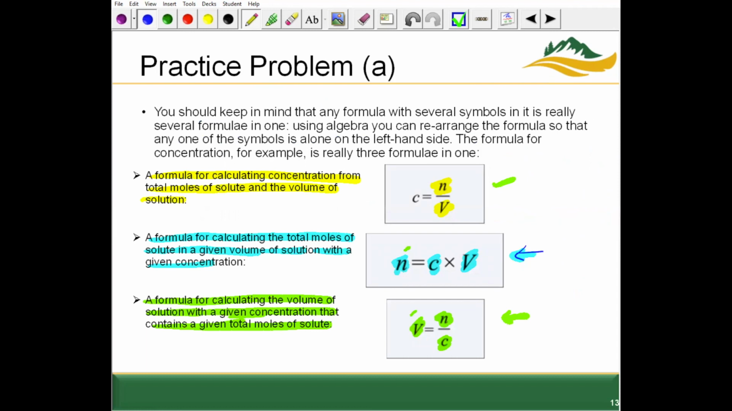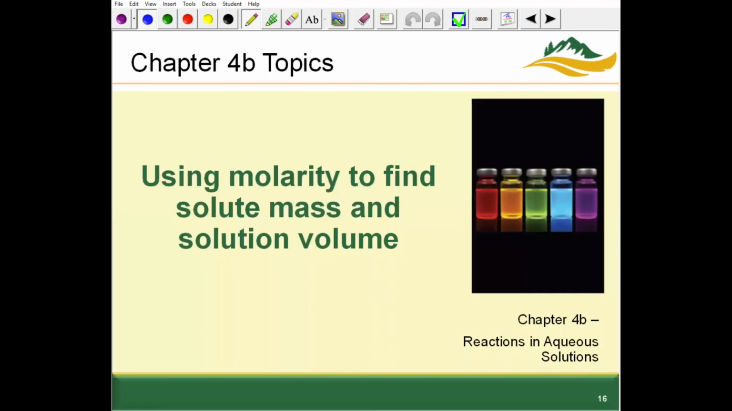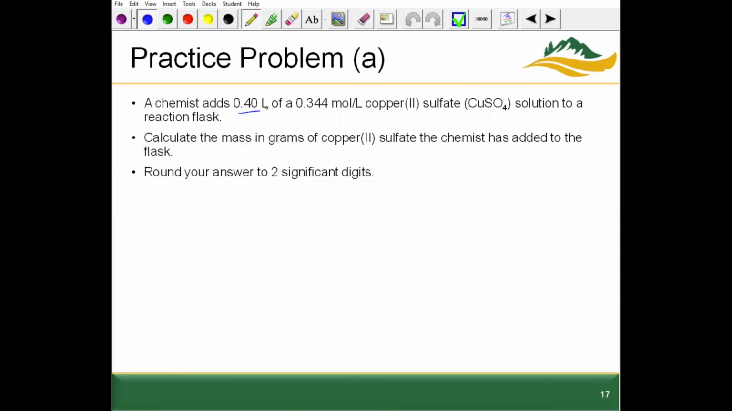Now for the next topic in chapter 4b, we're still building on this concept of molarity. So using molarity to find the solute mass and solution volume. So let's look at this practice problem. So we have this much volume. We're given the moles per liter. This could have also been stated as